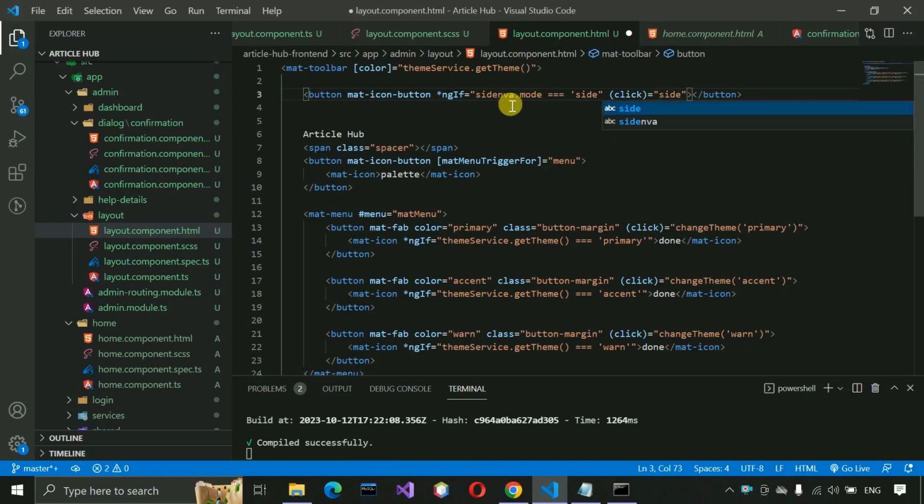Here we have a spelling mistake, sidenav, this one. And here we have to write sidenav.toggle,